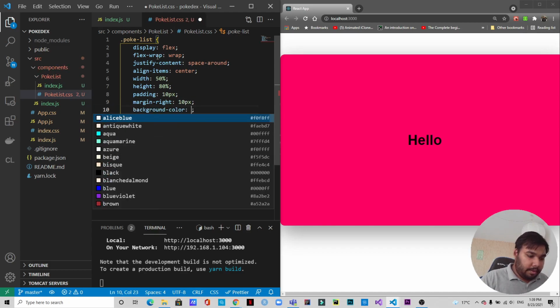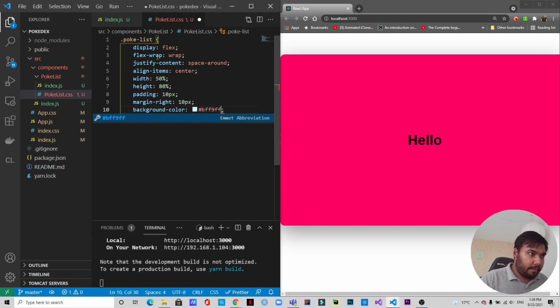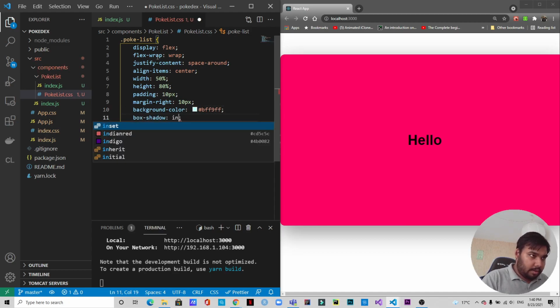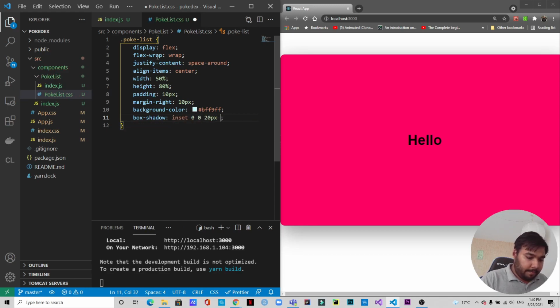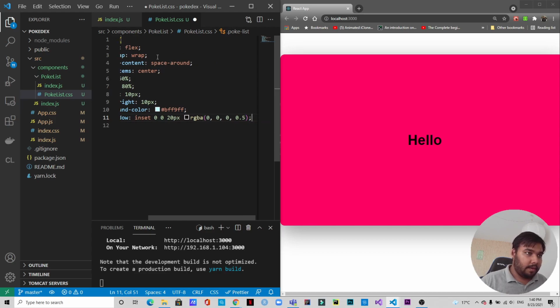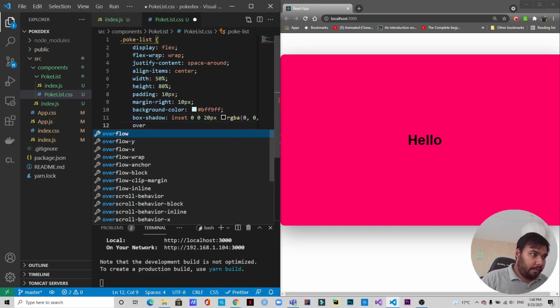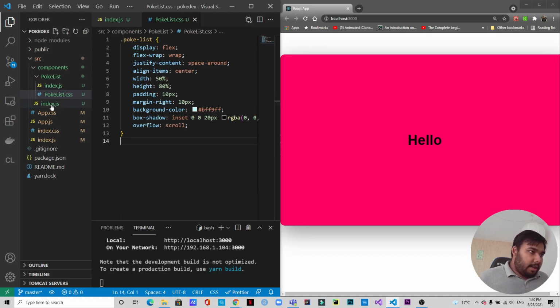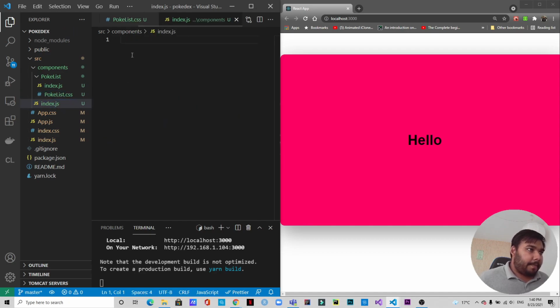Background color will be BFF9FF. Box shadow will be inset 0, 0, 20 pixels, RGBA 0, 0, 0, 0.5. Okay. And overflow, it will be scroll. Okay. Let's save it. Now let's go to the index.js for the components, and we will write export